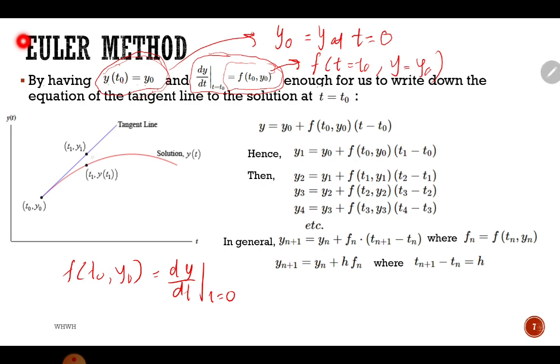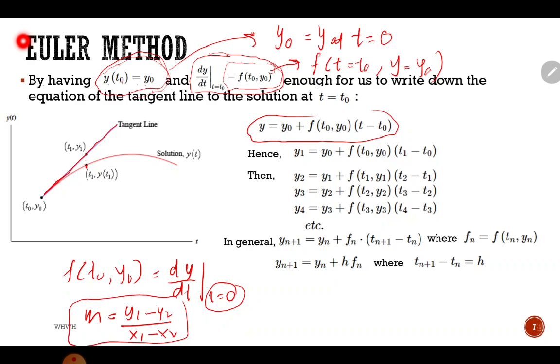Again, the slope of the tangent line at a particular point, in this case at t equals 0, is called the slope of the tangent line. The tangent line is a straight line, the blue one, and its slope is m equals y1 minus y2 over x1 minus x2, am I right? If you look at this formula, it actually comes from